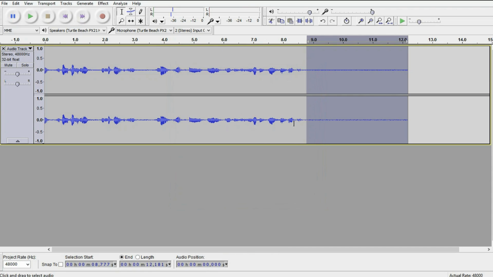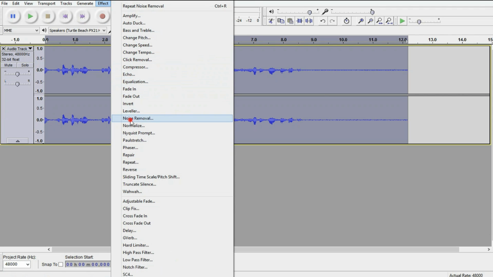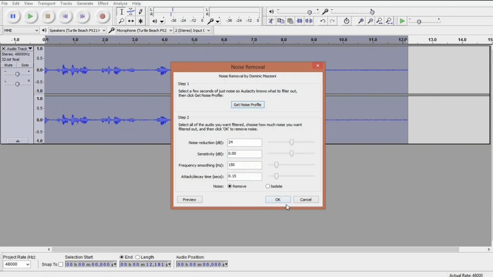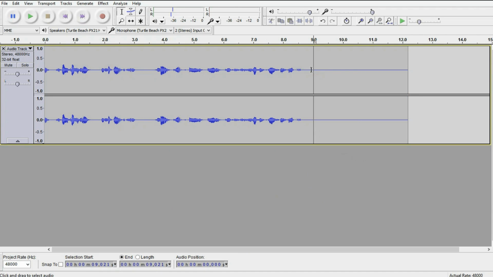What that does is it analyzes the bit that I've selected, which has me not talking, and then I want to apply that to the whole track. So I've selected the audio track in its entirety by left clicking on this portion here. I then go Effect, Noise Removal, and just click OK. And what you'll see is all of that noise on the end there has disappeared. So if I just play that on its own,